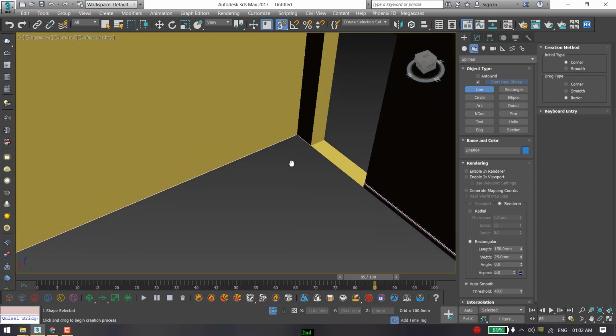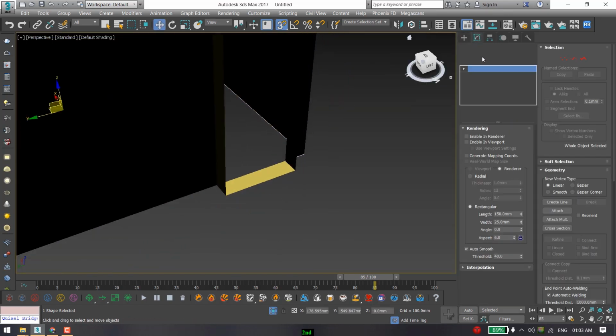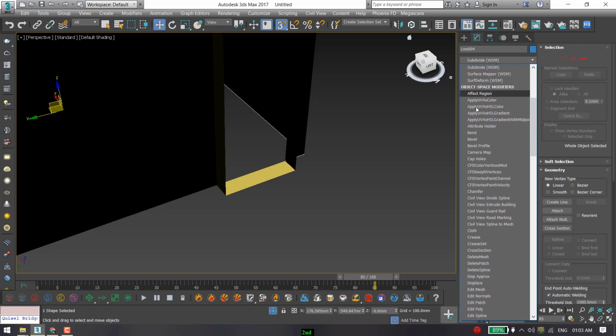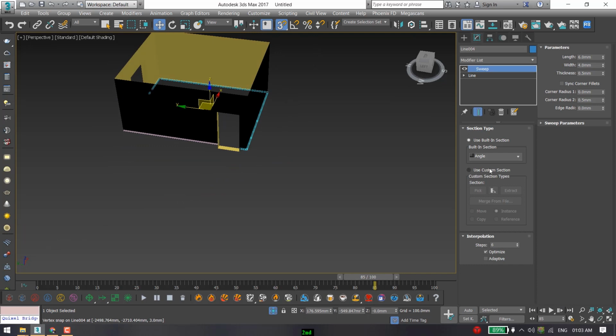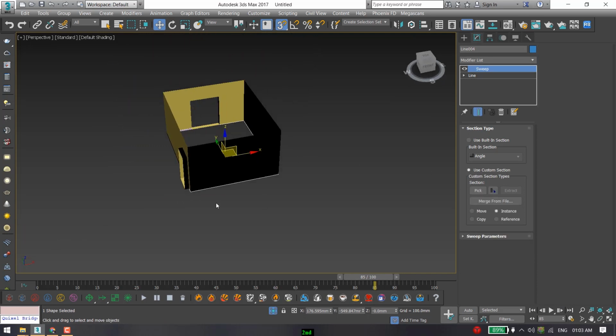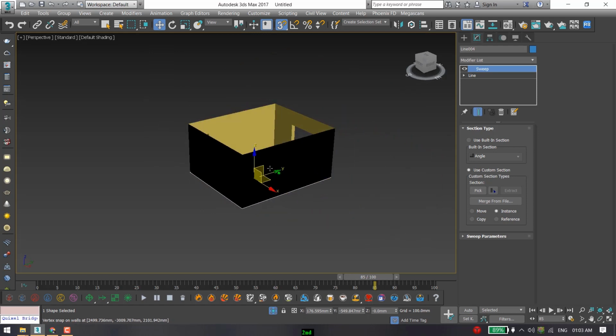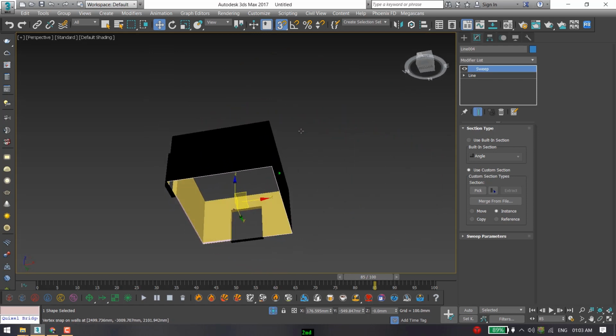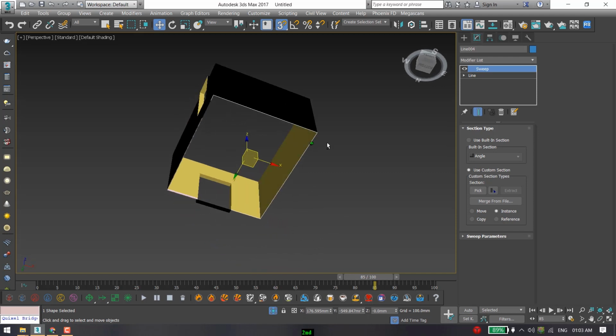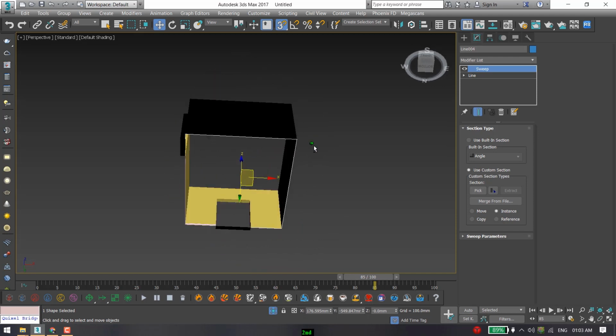Right click. Now I'm going to press T for top and Z for zoom. Go to modify, put a sweep modifier on that. After that, go to the camera tab, use custom profiles, and I'm going to target my camera profile. Turn on your snapping mode; you can see the 3 and magnet, it's snap mode.